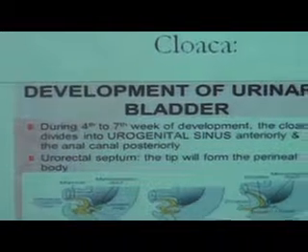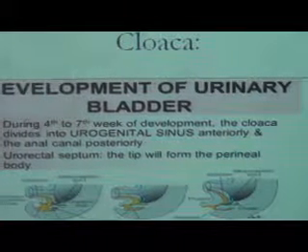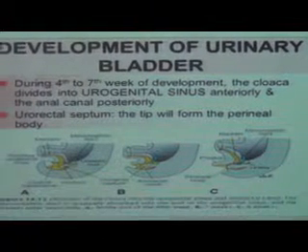Later on, most of the pronephros and mesonephros get atrophied, and this forms the Wolffian duct or mesonephric duct. And the caudal end of the mesonephric duct or Wolffian duct gives the ureteric bud, which gives the metanephros or primitive kidney. Okay? So now come to the second structure, that is cloaca. Cloaca is a common opening of the urogenital system and digestive system. Okay? So anteriorly is the urogenital system and posteriorly is the rectum.